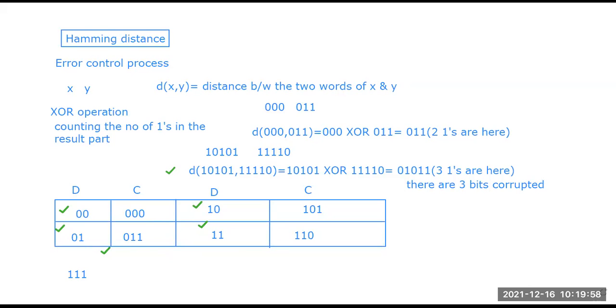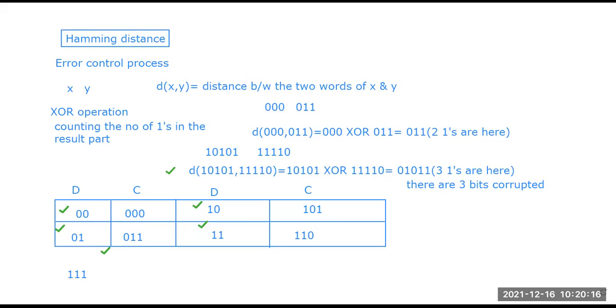So each data word that we are going to generate has a respective valid code word, and if that code word matches the respective tables between the sender and the receiver, then only will it be acceptable. Otherwise, it is not going to be acceptable.